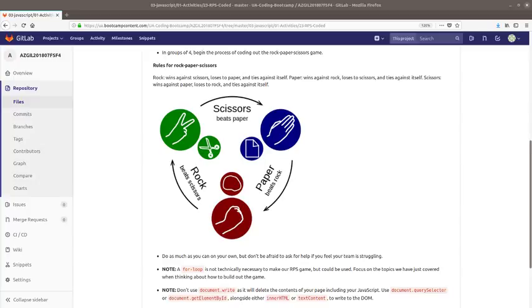Then you have a choice variable, computer choice, player choice. Right, that's defining a computer choice. So if you think user choice, then that would be... so you did 1 for 1. Otherwise,